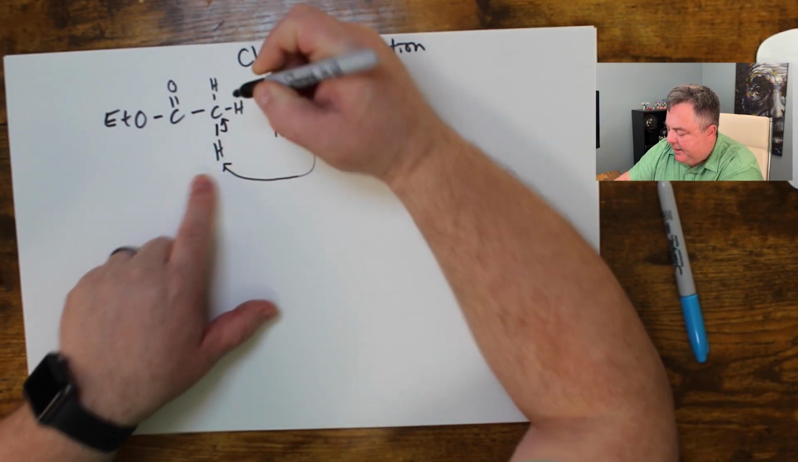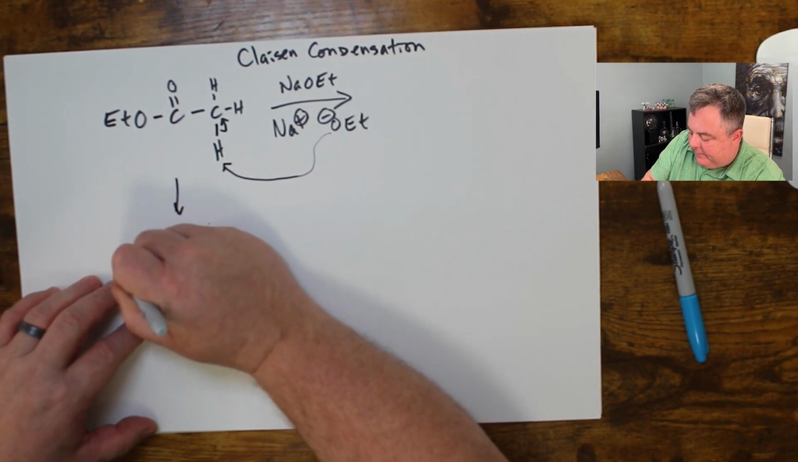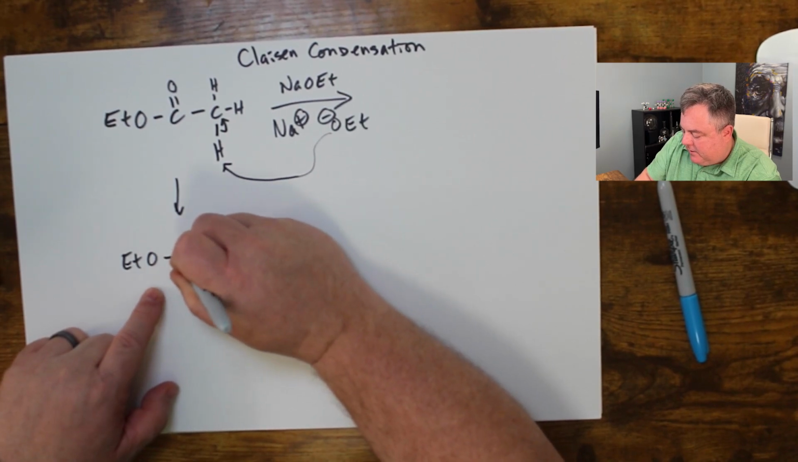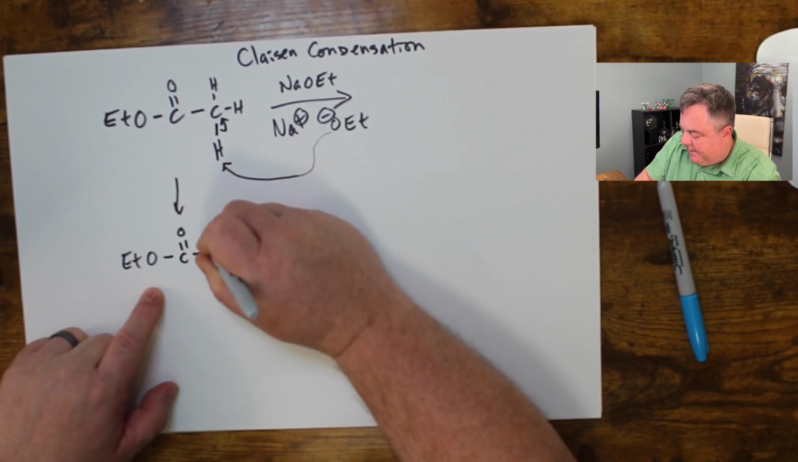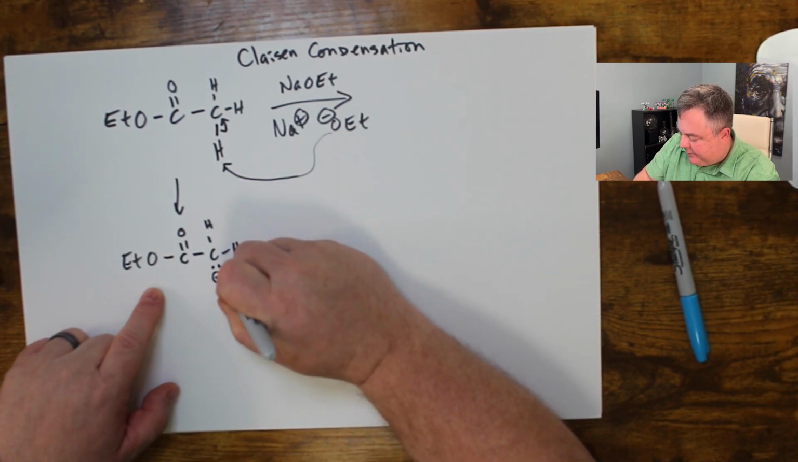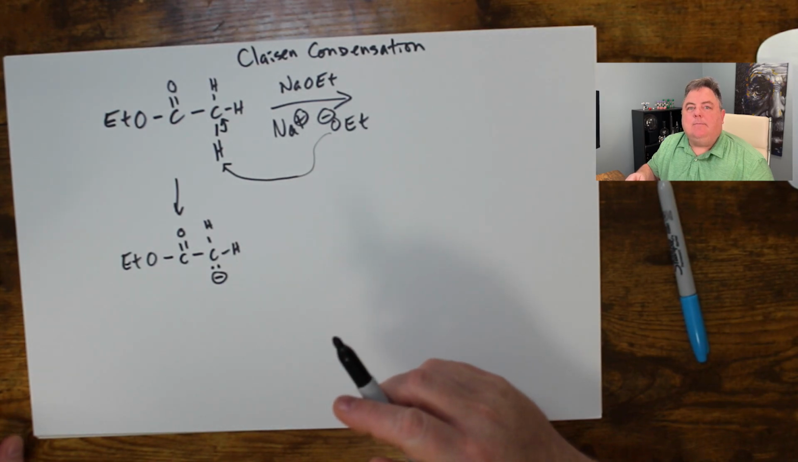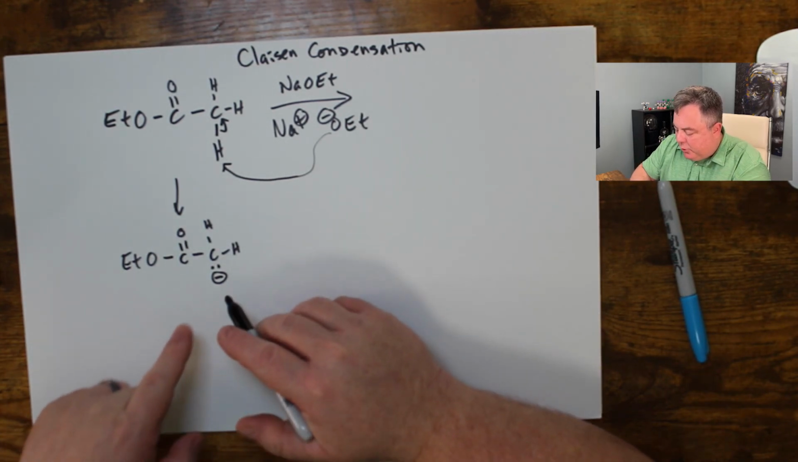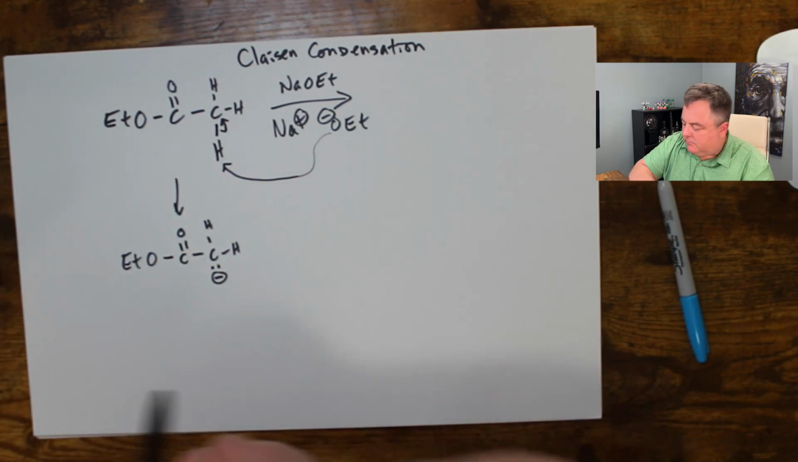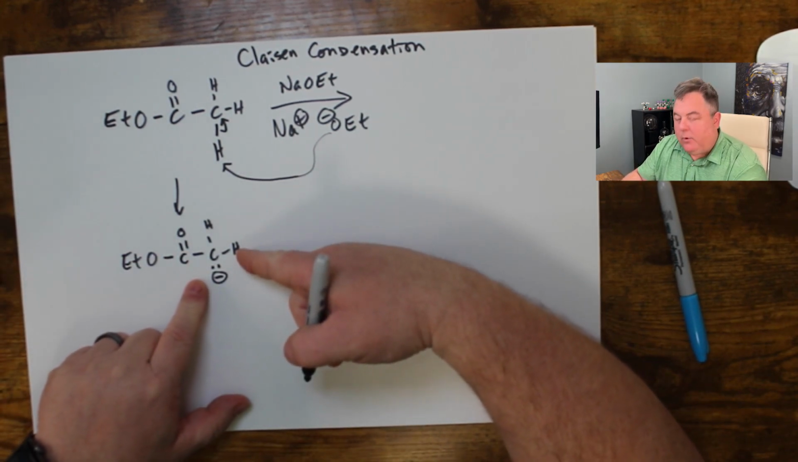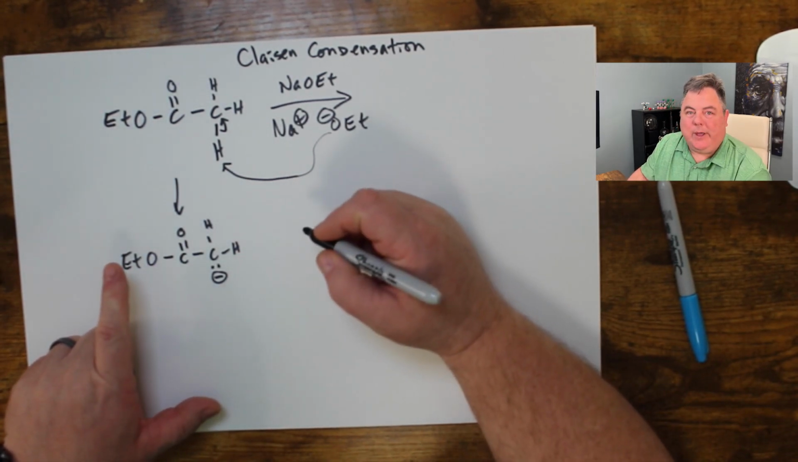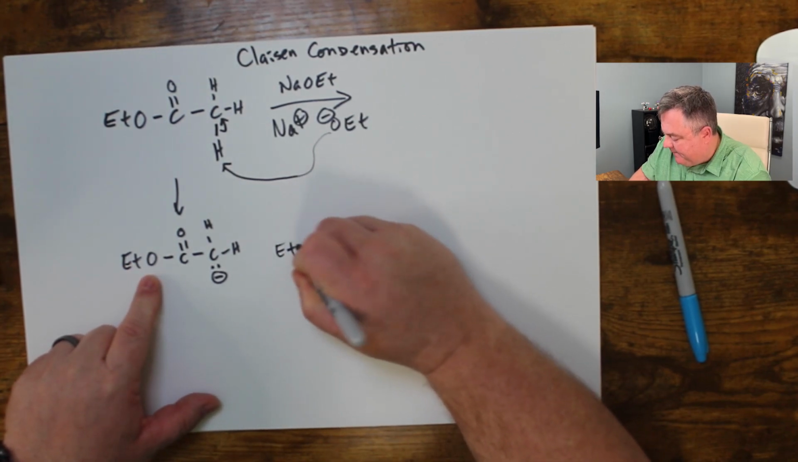So this base, ethoxide, pulls off this hydrogen. These electrons stay behind on the carbon, and it makes this. So we have ethyl, oxygen, carbonyl, CH2. Now we have a lone pair of electrons with a negative charge on that carbon. So now we have an aggressive nucleophilic carbon ready to go attack something. So what could it attack? Well, if we have another molecule of this in there, and of course we have gazillions of these in there,